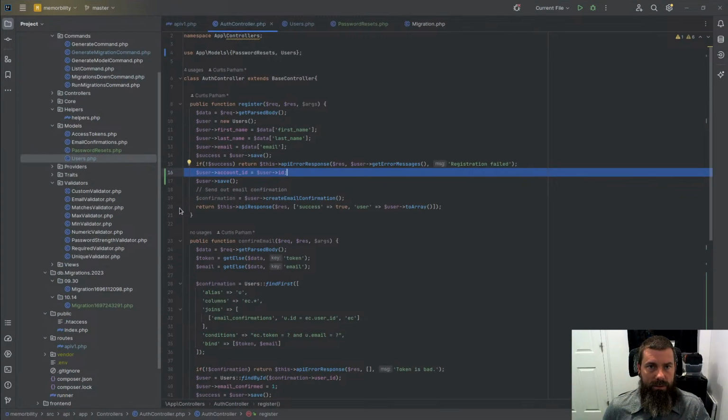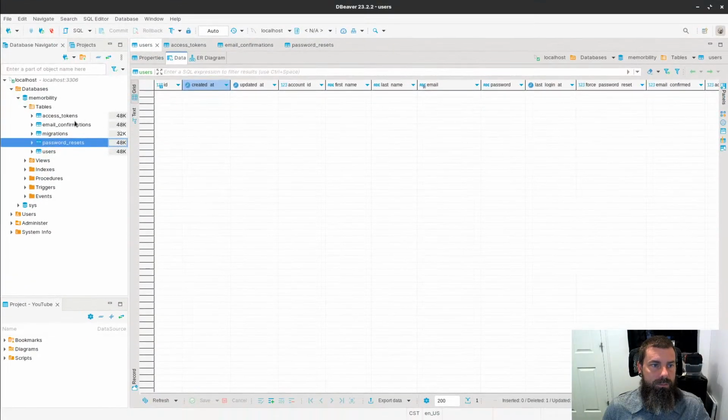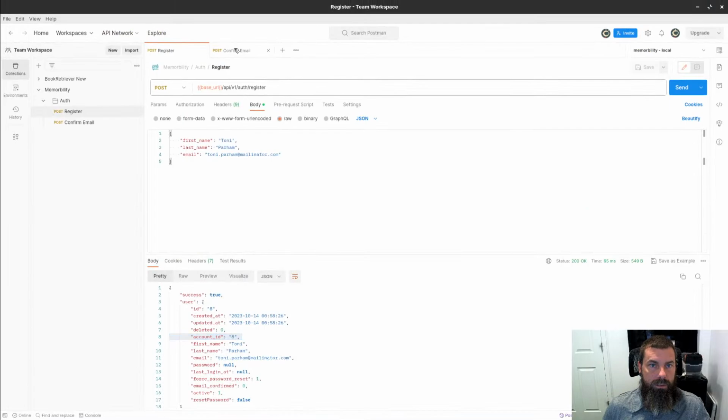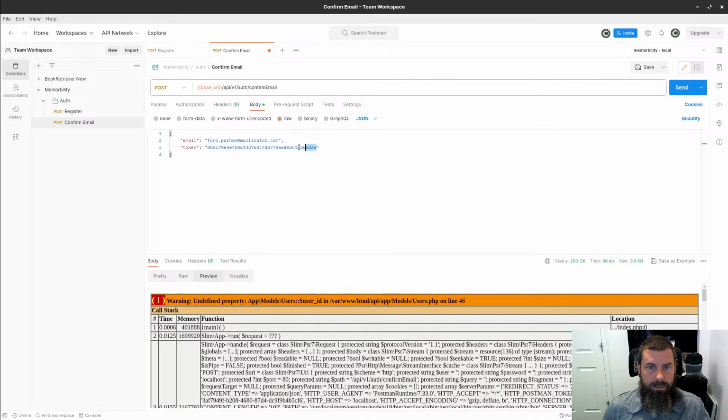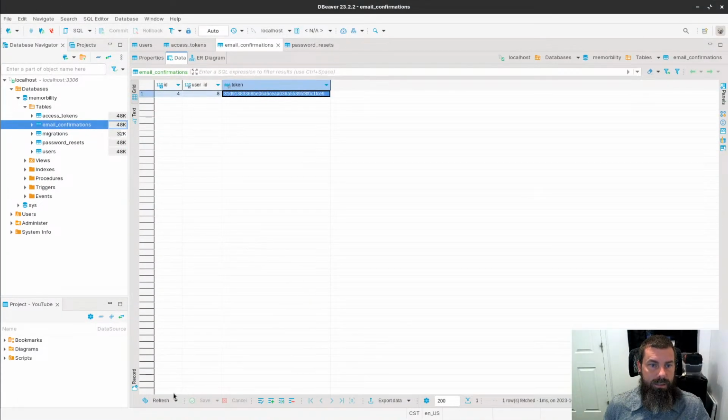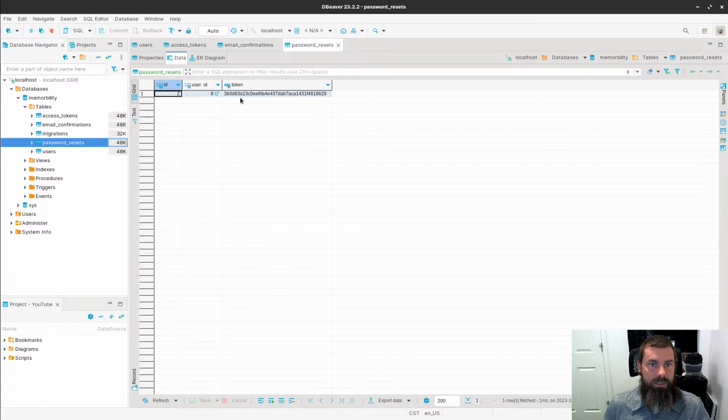So let's go and do the email confirmation process now. I'm going to go back to email confirmations. We're going to grab this token, and we're going to go ahead and confirm the email here. Hopefully we don't get an error this time. Okay, so then we get this reset token sent back to us. So this is the password reset token this time. Let's just double check to make sure that it deleted her email confirmation, and it did. But now we have a password reset, or we should, and we do, for that user 8, and this is